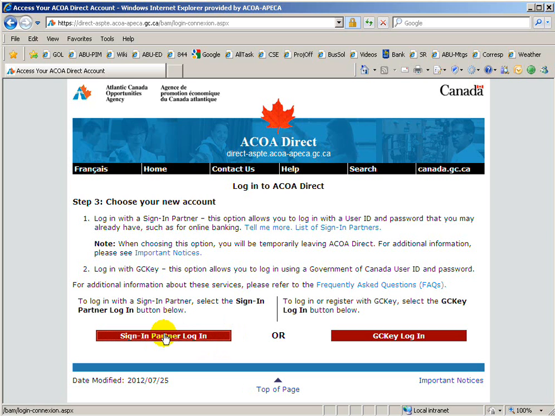Or you may already have an account with a banking institution to access secure information. You would simply go and log into that account. For the purposes of this video, we will create a gckey account. Here, this hyperlink provides you with the list of sign-in partners available, as well as important notices regarding the sign-in